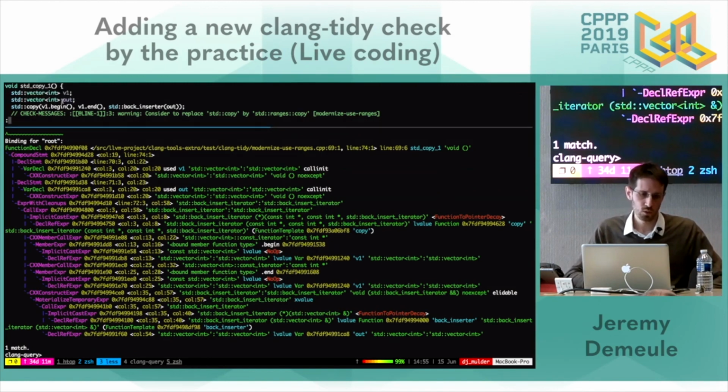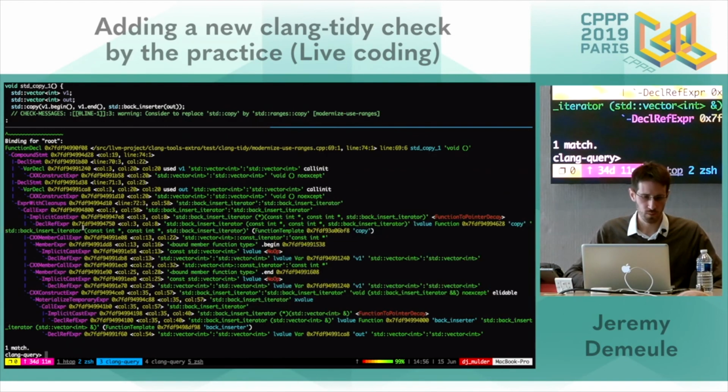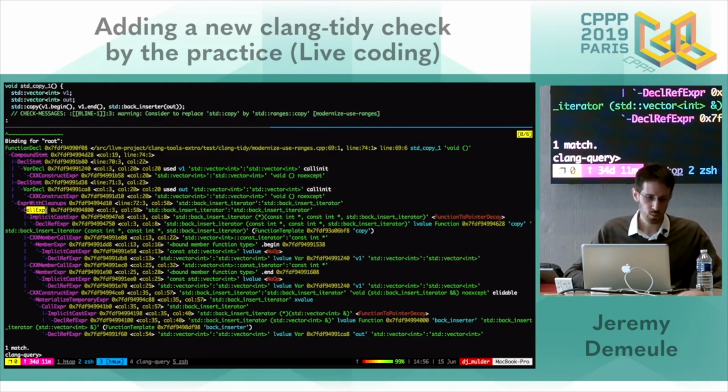Inside the code, we know we have two variable declarations and one call of copy. So we can find them here, the two variable declarations, and the call of copy. So we have to match something here, and probably the call expressions.